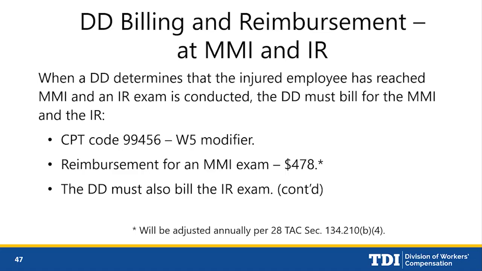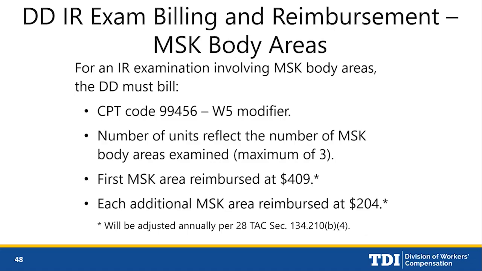Next, this is when a designated doctor examines someone who is at maximum medical improvement and they had an impairment rating calculated. This bills also 99456 with the W5 modifier. Reimbursement, again, $478, and also the impairment rating is going to be billed even if that calculation is 0. So for the impairment rating examination,